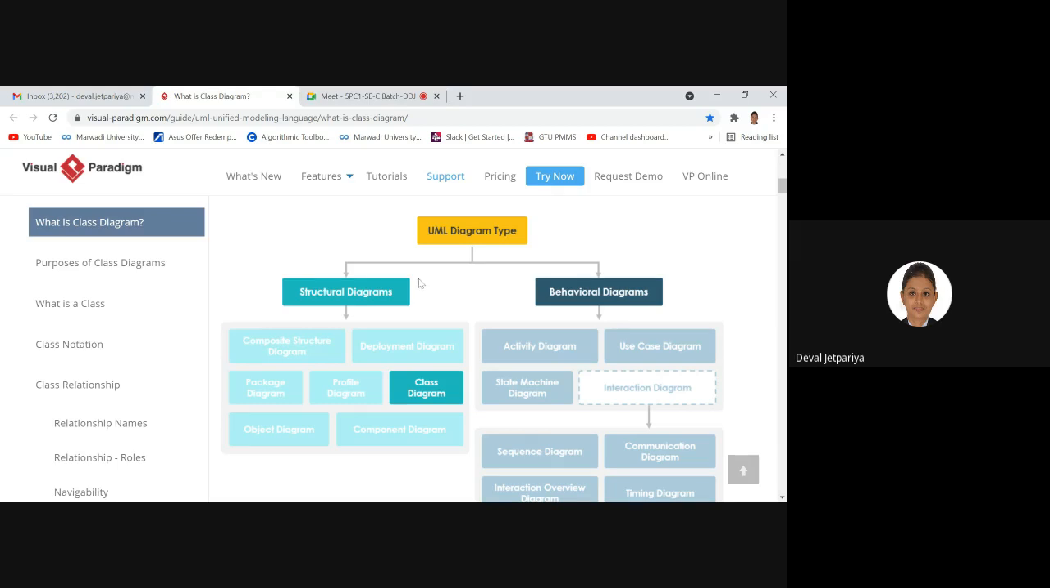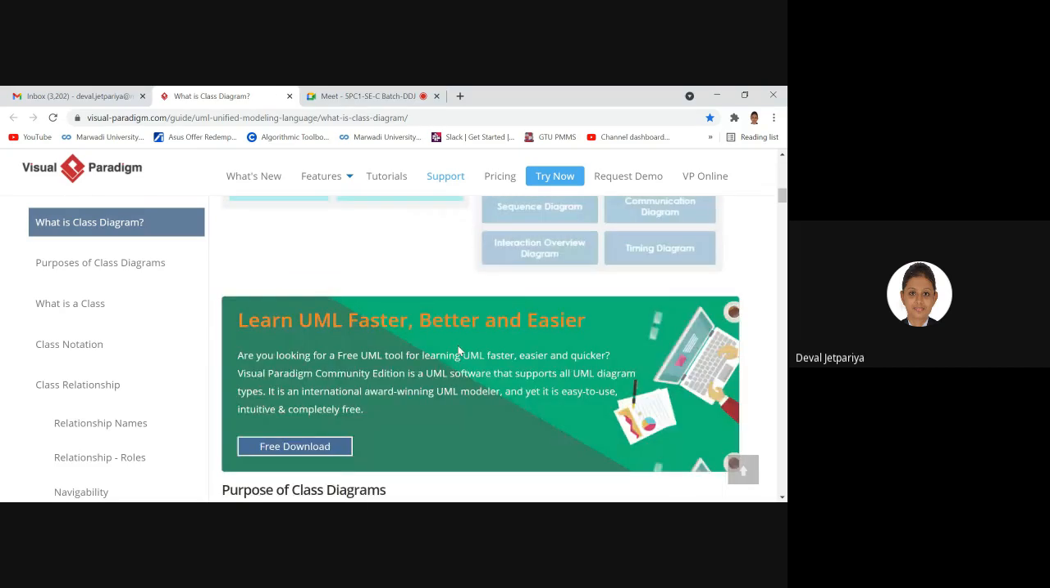So there are mainly two types of diagrams. One will represent the structure of your application. One will represent the behavior, right? So this class diagram is used to represent the structure of our system. And if you are using use case, activity, state diagram, that we will all see, okay? So those are used to represent the behavior of your system. Now in this class diagram,